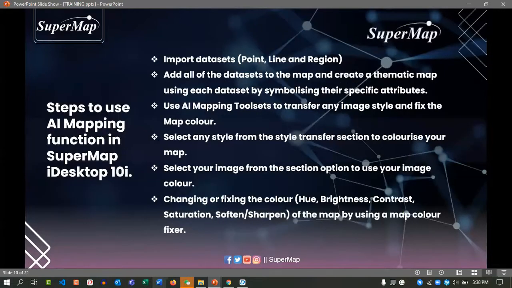So today's workshop is based on some steps to perform the AI mapping function in SuperMap iDesktop 10i. First of all, we will import our datasets. We will import a point dataset, a line dataset, and also a region dataset, which is a polygon